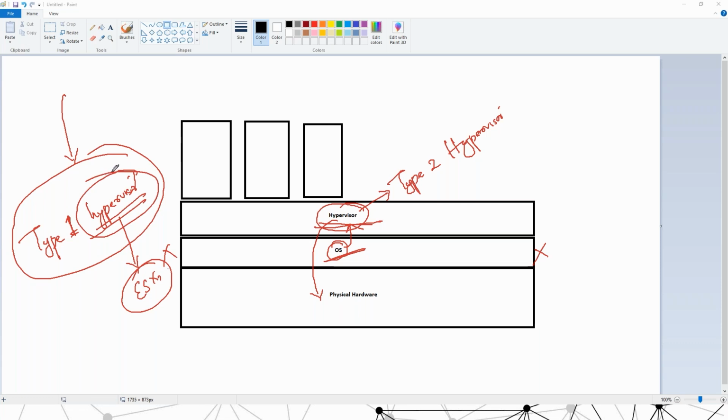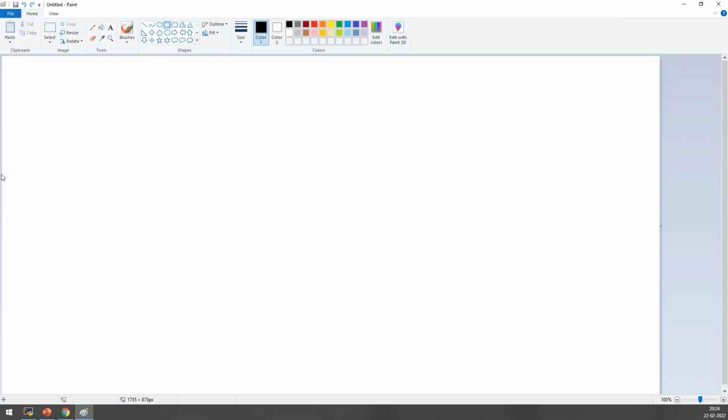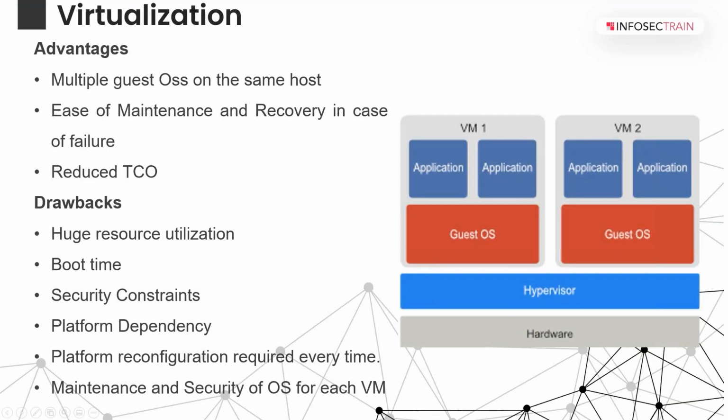Okay, that's it. So what happens if the hypervisor crashes? That's a very good question. So team, what happens if the hypervisor crashes? It can definitely happen. So that is why when you go for a type 1 hypervisor, they allow you to create something called clusters. That means that I can create, okay, I'm just going to show you a new picture here. This is the example of a type 1, team. I'm just showing you a simple example.